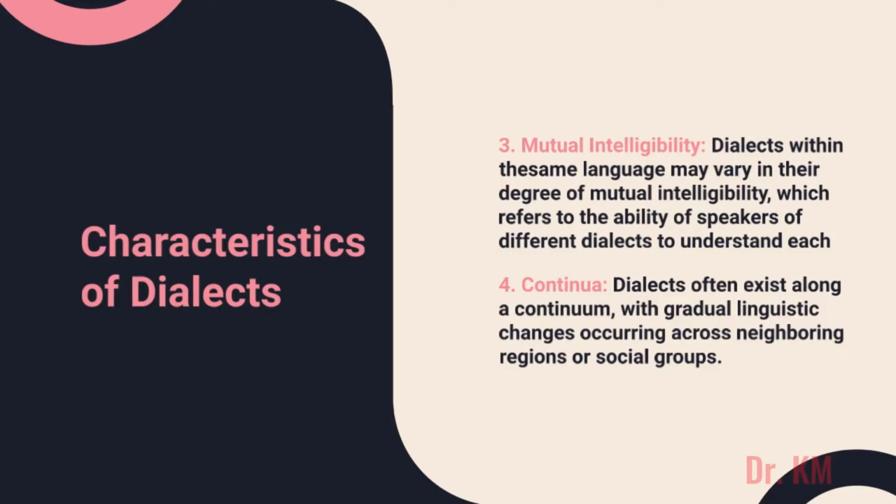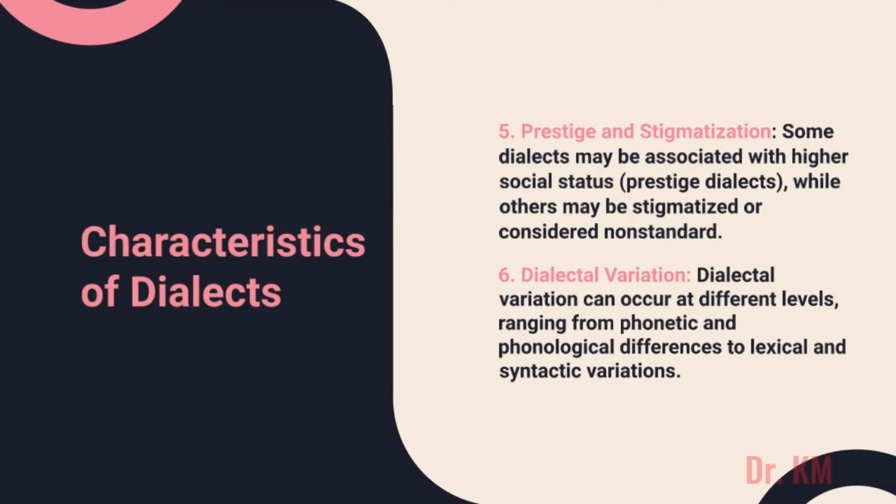Continua. Dialects often exist along a continuum, with gradual linguistic changes occurring across neighboring regions or social groups. Prestige and stigmatization. Some dialects may be associated with higher social status, prestige dialects, while others may be stigmatized or considered non-standard. Dialectal variation. Dialectal variation can occur at different levels, ranging from phonetic and phonological differences to lexical and